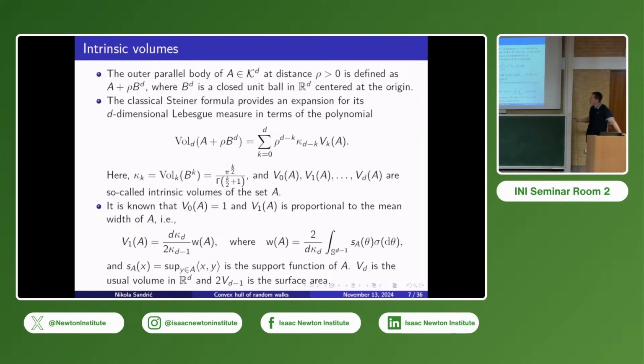The first one, V_1, is the mean width, or it's proportional to the mean width, and mean width is defined in this way here, through this function S_A, which we call the support function of A. Maybe a small picture. What does this function do? So observe that the parameter of this function is a point we take on the boundary of the unit ball. So what does this function do? Of course, I'll draw it in the